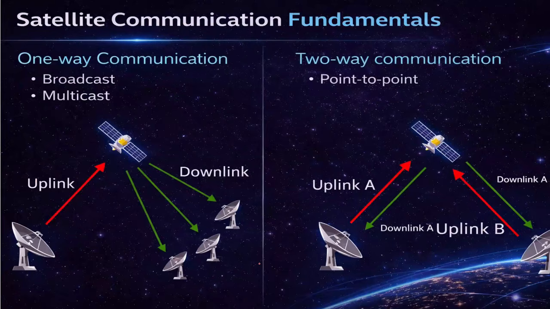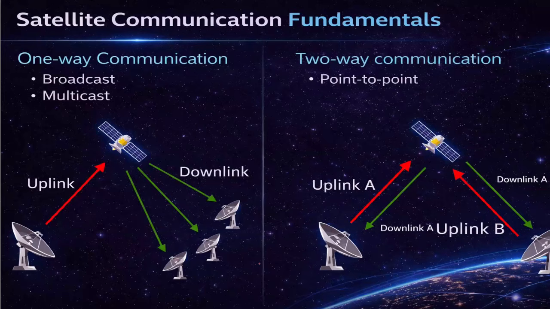Then you have satellite communication fundamentals. So now let's understand how satellite communication actually works. At a high level, the goal is to create a communication channel between a transmitter and a receiver. So what is the basic working principle? The source transmits a signal to the satellite. The satellite then rebroadcasts that signal back to the Earth. And the receiving station captures that signal. So essentially, the satellite acts as a relay in space.